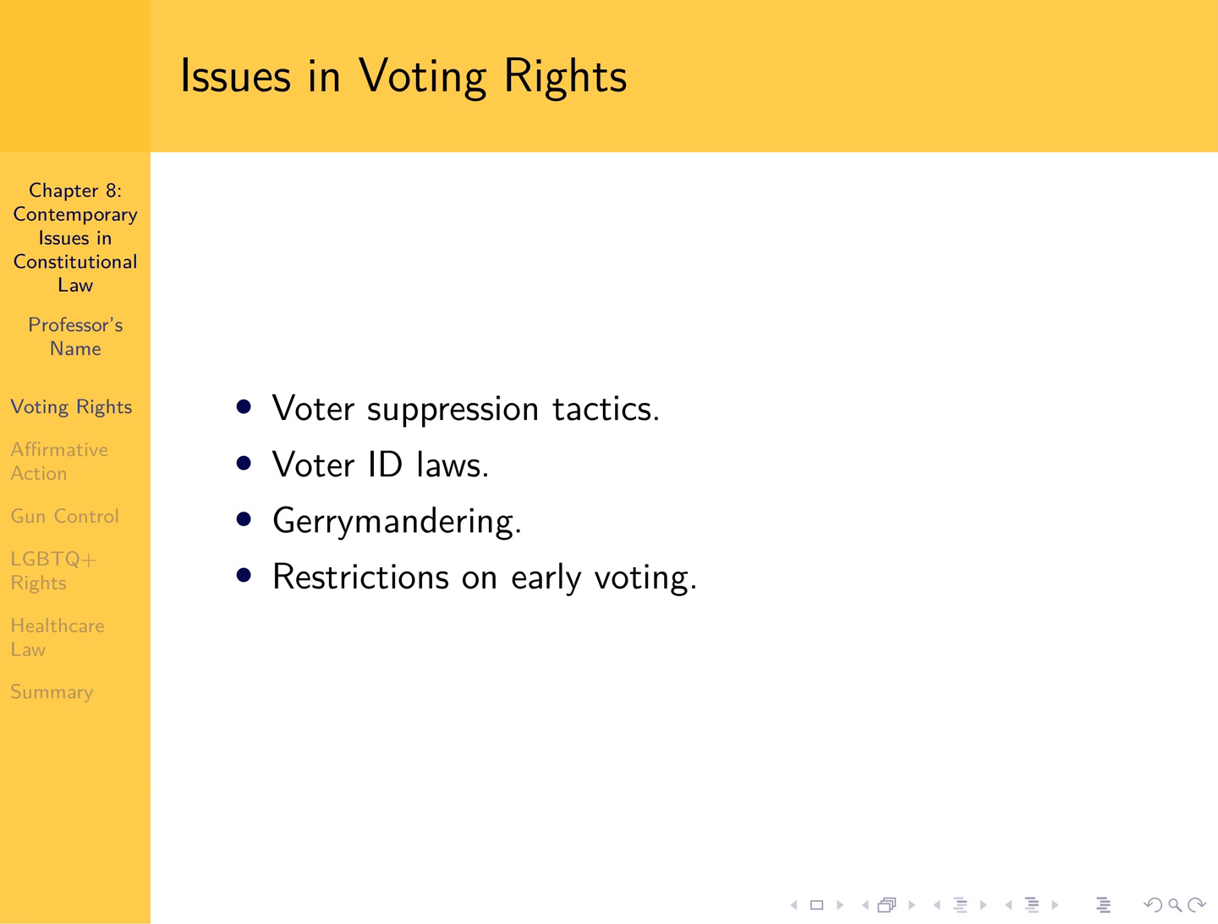Voter suppression tactics, voter ID laws, gerrymandering, and restrictions on early voting are all critical issues in voting rights that impact the fairness and equality of the electoral process. Voter suppression tactics encompass various strategies aimed at hindering certain groups from voting, such as strict voter ID laws, purging voter rolls, reducing polling locations, and spreading misinformation. Voter ID laws, while argued to prevent fraud, can disproportionately affect marginalized communities who struggle to obtain the required identification. Gerrymandering involves manipulating electoral district boundaries to favor one political party, leading to unequal